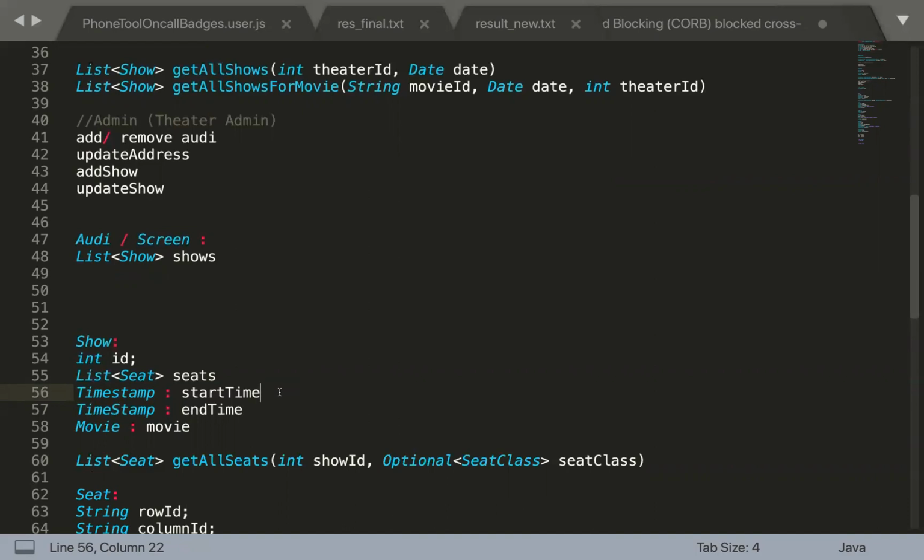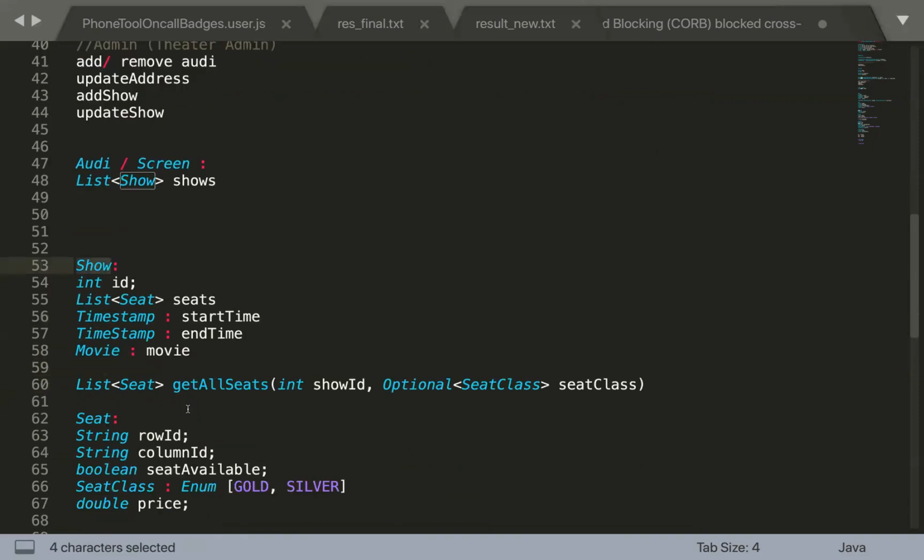You never know in which screen you are going to book the tickets, right? You just go ahead and select, yeah, I just want to book XYZ movie at 12:40 at PVR, and you finally get a ticket. Let's suppose your auditorium number is 6, or the screen number is 6. So what you actually do is book the show. You book the seats for that particular show. That's why we have kept the seats as part of the show itself.